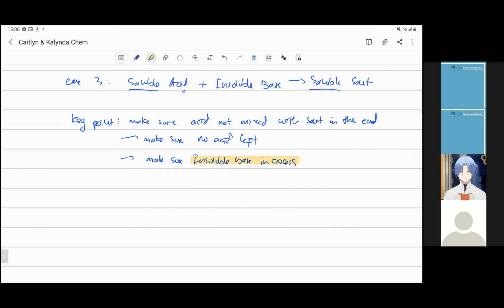So here it is. You have liquid acid. You have solid base. This is liquid because it's soluble, right? Insoluble means you have a solid. And then you have a liquid. The liquid and liquid may mix. If we want to have soluble salt, pure soluble salt, we have to make sure no acid is left. So the key idea